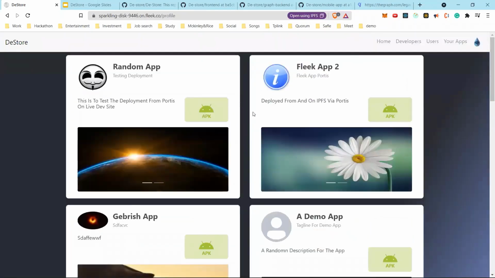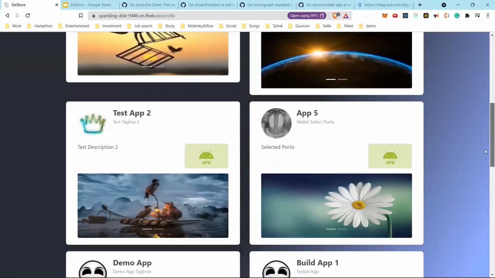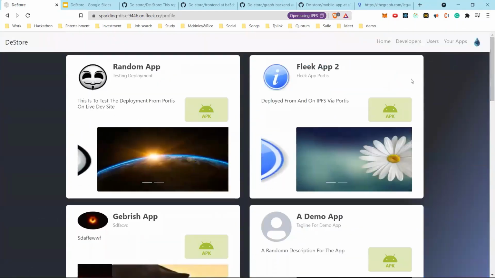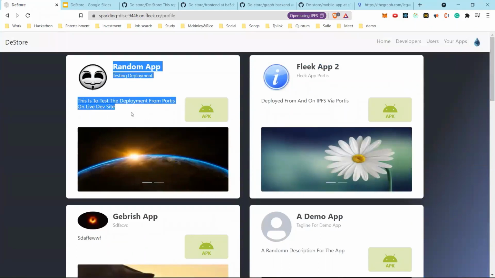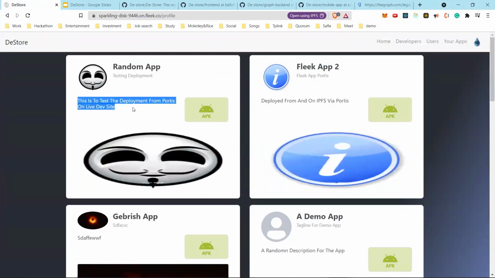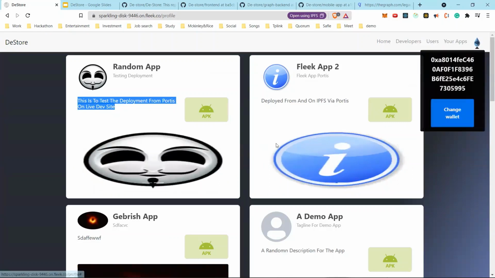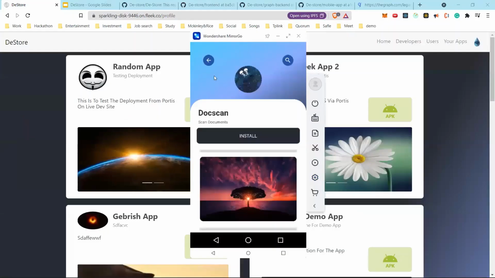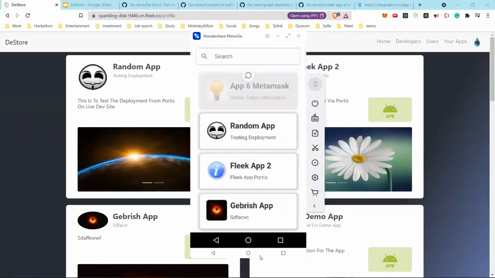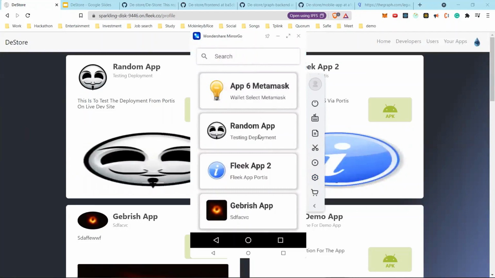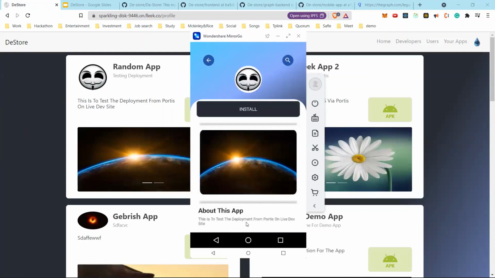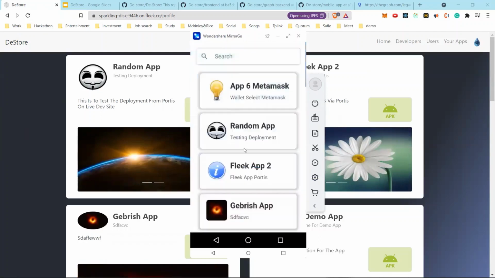Now in the backend, our app is also deployed from the platform and we can see the transaction was successful. When the transaction was successful, the app was added in the smart contract as well, we can see this button and we can go to all the published applications. So these are all the applications which were published. And this was the application which we just deployed. This is the test application which we just deployed, and it will be shown in the Fortis account. If we want to see this application on the mobile app, we can still do that.